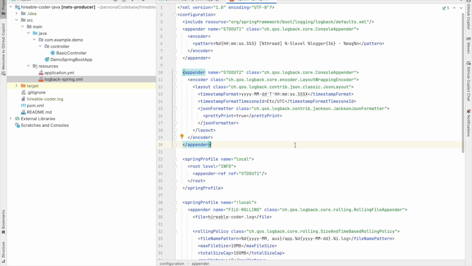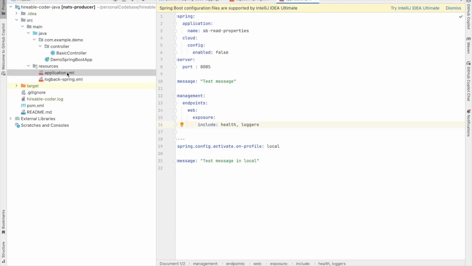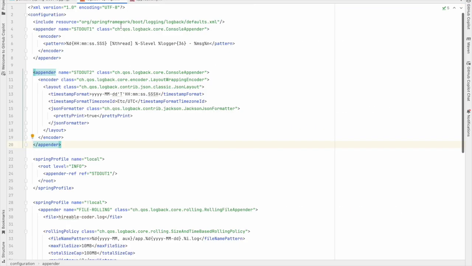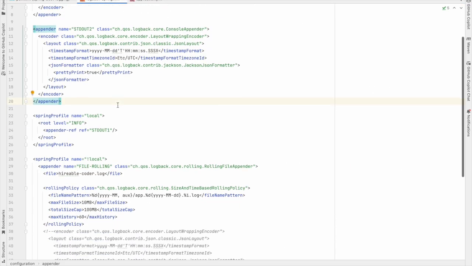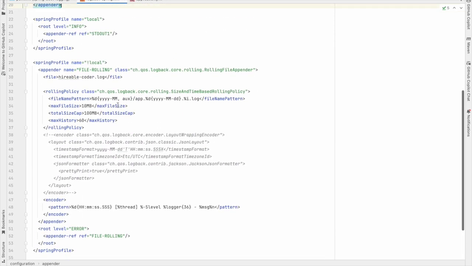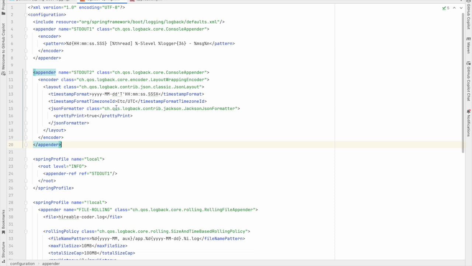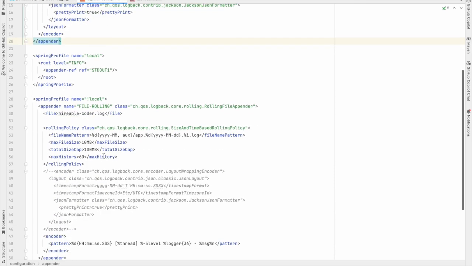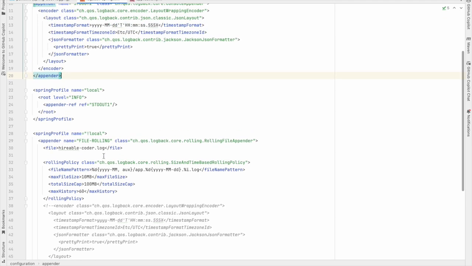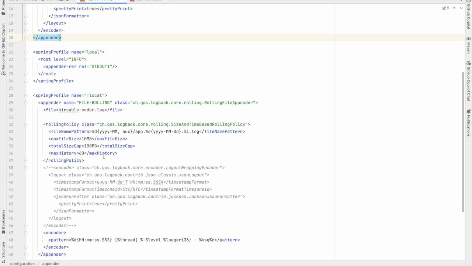Now first is you can configure the logging aspects, the logging properties in application YAML or in application properties, but I would strongly recommend not to do that. I would strongly recommend to actually create a file by the name logback-spring.xml and configure everything related to logging here, because this is a separation of concern. Anything related to logging should be here. So that is one. And second is, as you can see in logback-spring.xml, we can actually configure logging based on